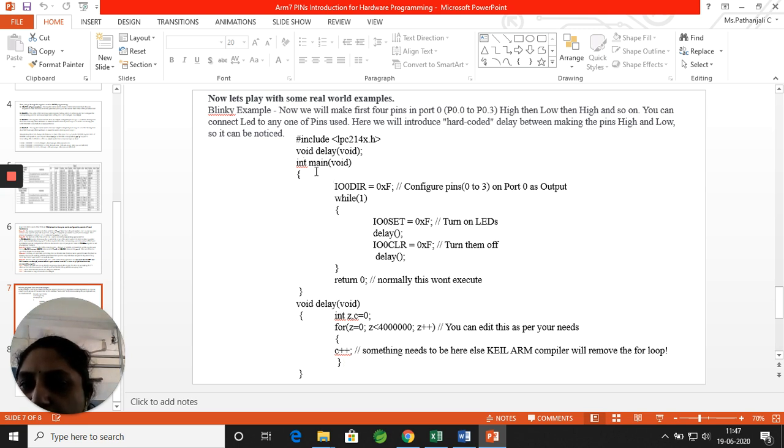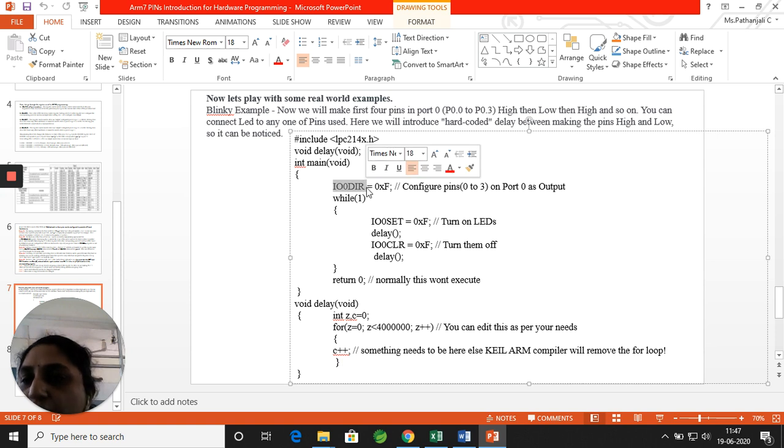Then inside your main, the first step is always to initialize your directories first. Before using the pins you want to set, you have to activate the pin. That activation can be done only by setting your IO directory pin. So IO0 indicates that I am making use of port 0 pins, and in that the pins are set to F. F means those pins are high.